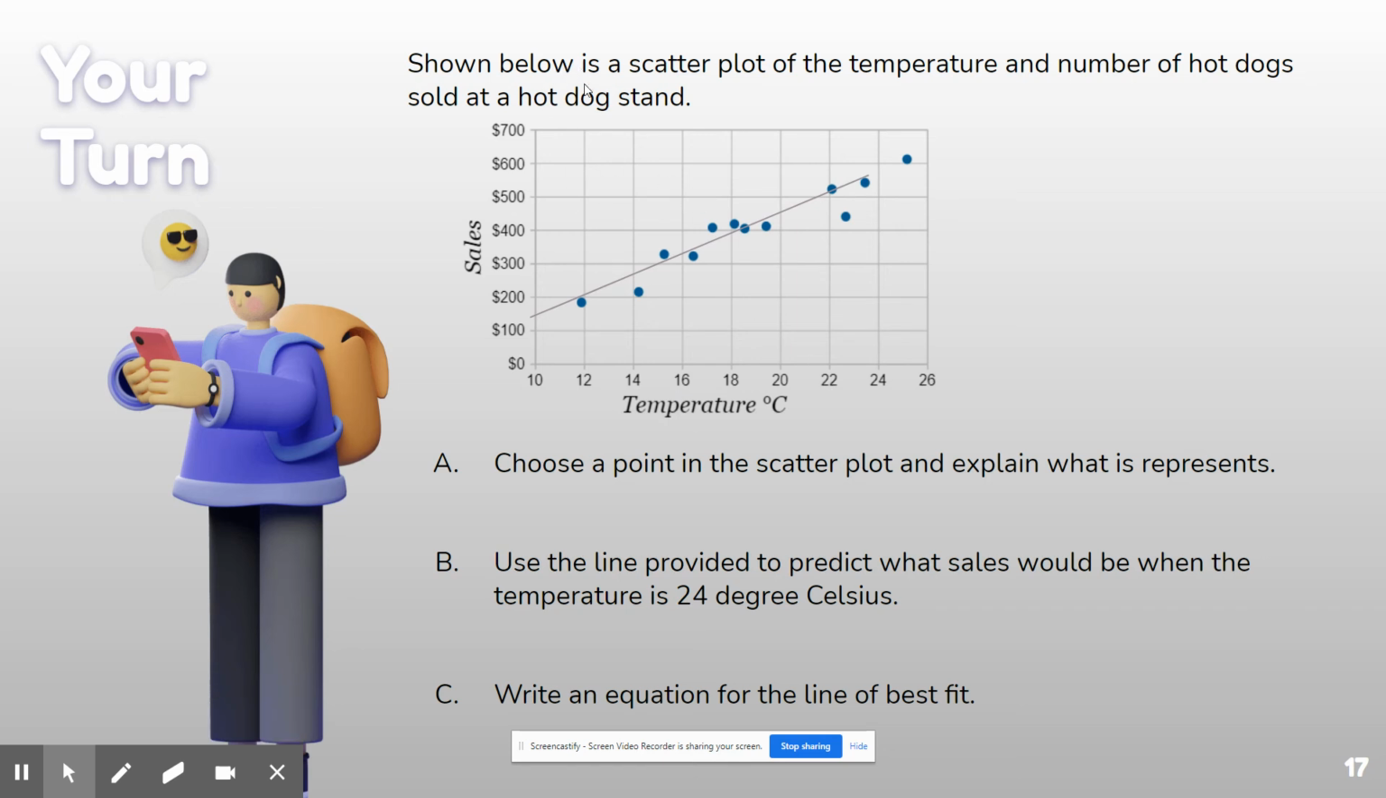And then for this one, it says, shown below is a scatter plot of temperature and sales of hot dogs. Choose a point in the scatter plot and explain what it represents. Doesn't matter what it is. I'm going to choose this one right here because it's on the line. So if I was explaining this, it would mean that they sell roughly $400 when the temperature is 18.5 degrees